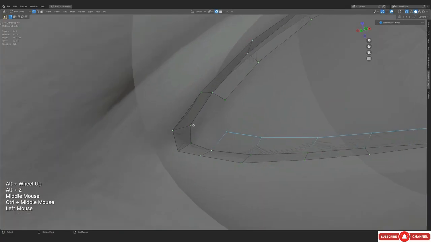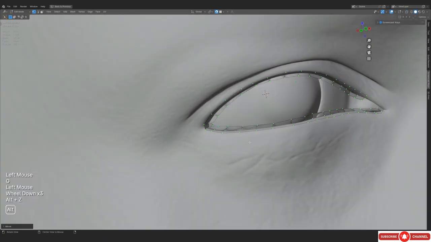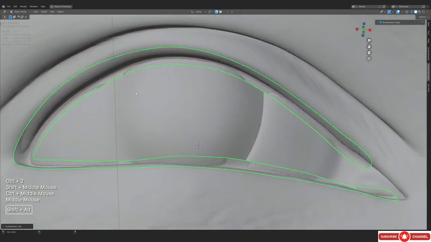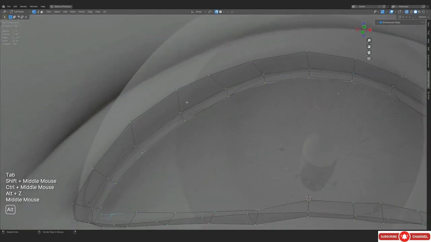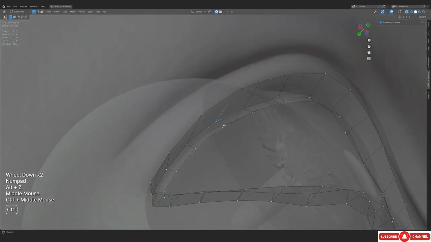So yeah, let's actually just connect them now, and I think it should not be that complicated. So now that we've connected them, just adjust them to make it look a little bit better, and press Ctrl 2 in order to add a subdivision. And now you can see we have a little bit of intersection going on, which we actually don't need.